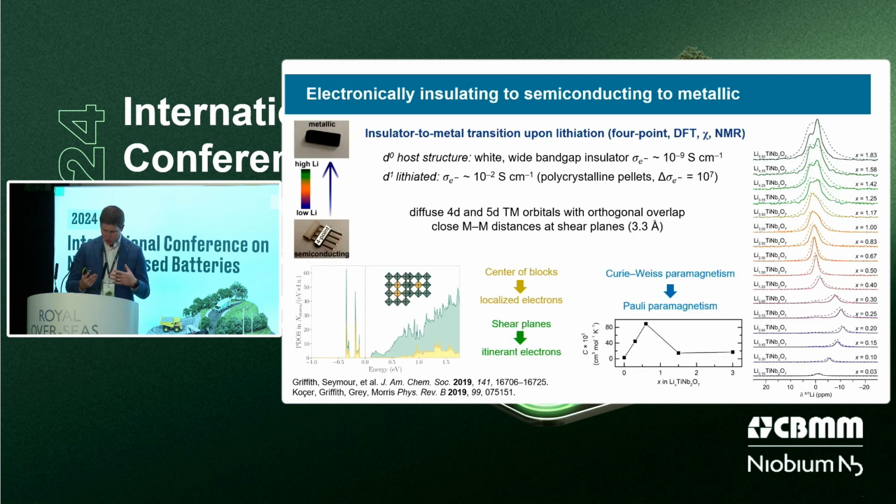The other implication of the transition metals you have present is on the electronic conductivity. So we've talked so far about ionic conductivity. With many of these Wadsley-Roth structures, you can start with fully oxidized phases, meaning all the transition metals are in their d0 state, so you don't have any conducting electrons, and these are white, wide bandgap insulators, like 3 eV insulators. So if you're screening for materials like this, why would you choose something that's a terrible electronic conductor? That's not good. But what we observe is that even with very small